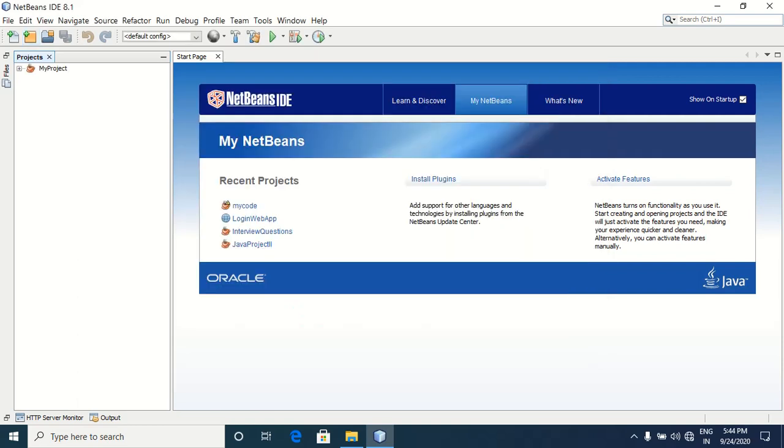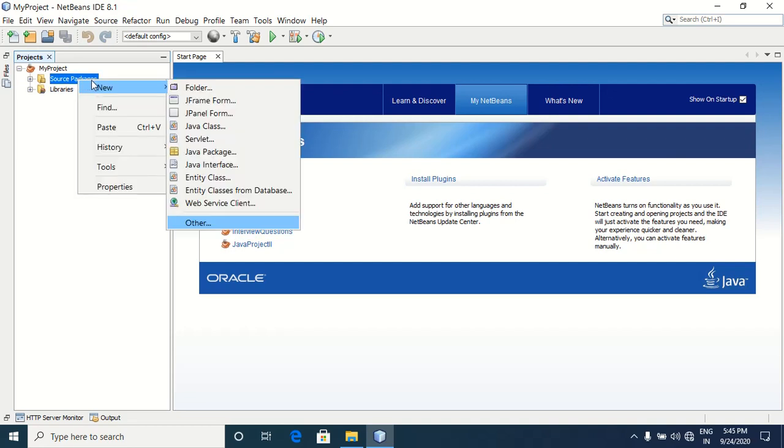Okay, now the project is created. You expand the project. Here you will get one folder, source packages. Now in this source packages you have to create the JFrame. For that purpose you right click the source packages. You will get one pop-up window here. In this pop-up window, now you can select the new. Under the new you can select the JFrame, but suppose this JFrame form is not available in this window, so you can click the other option.